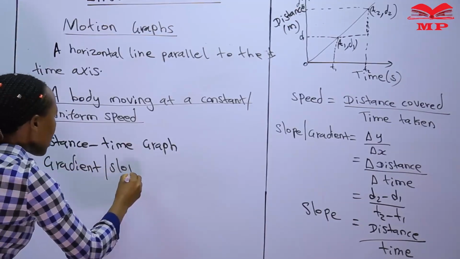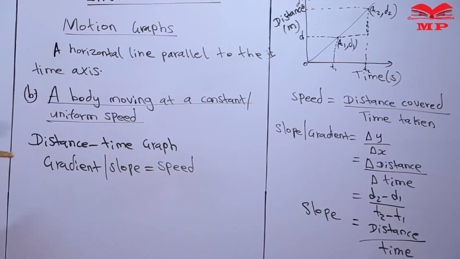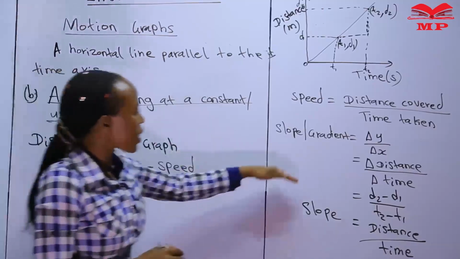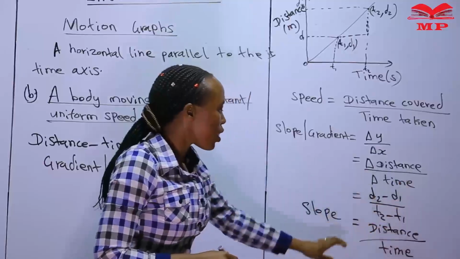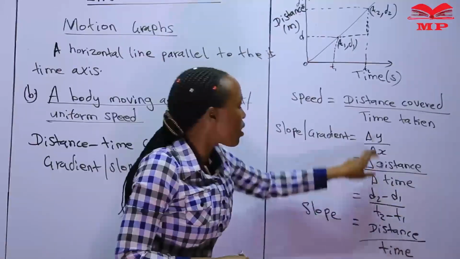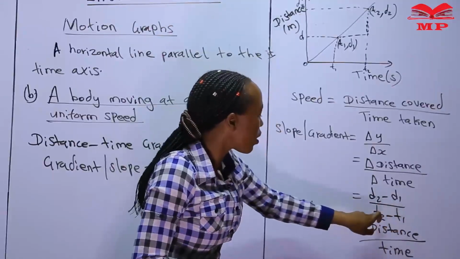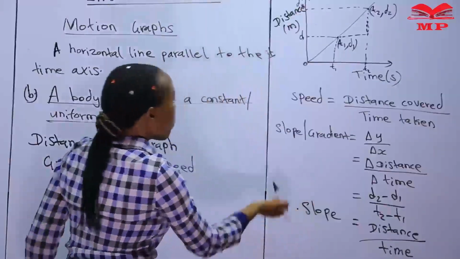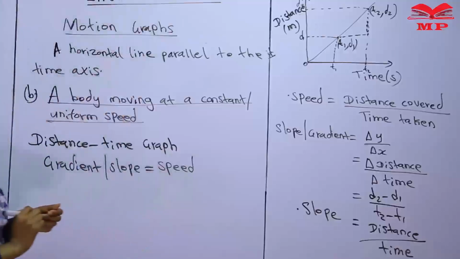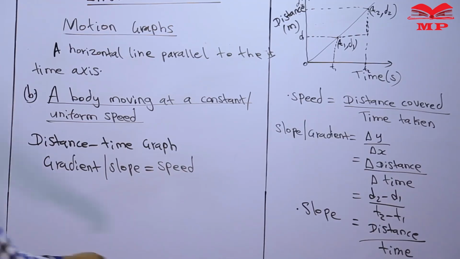the gradient or the slope gives us the speed. The gradient of that graph will give us the speed, because you can see that the gradient is change in the distance divided by the change in time, which is D2 minus D1, the distance, divided by the time taken from T1 to T2. So the slope is equal to the speed. That is for a distance time graph. So for a body moving at a uniform speed,